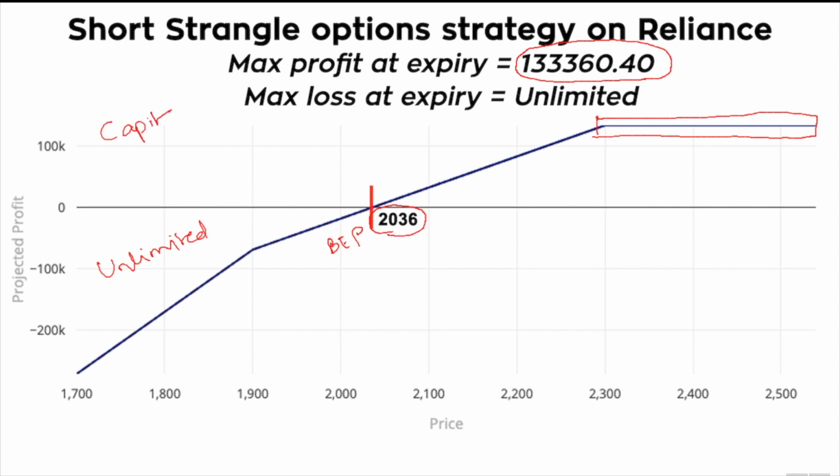The total capital employed for this strategy is about rupees 11 lakhs. By selling the 2300 call and 1900 put options, I collected a credit of rupees 23,432: rupees 17,321.5 from the call option, and rupees 6,010.5 from the put option.